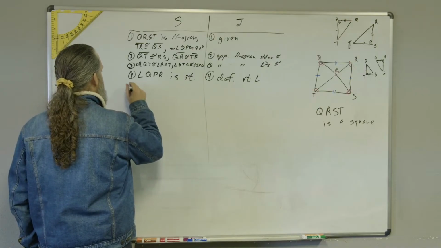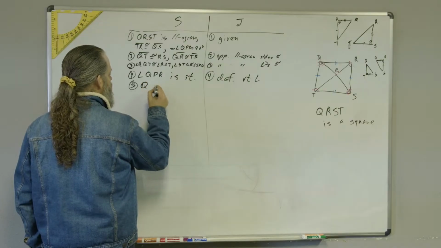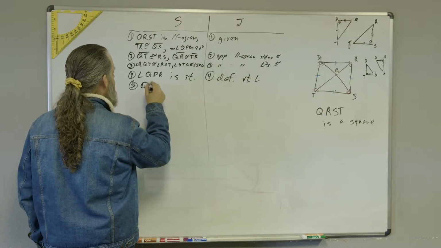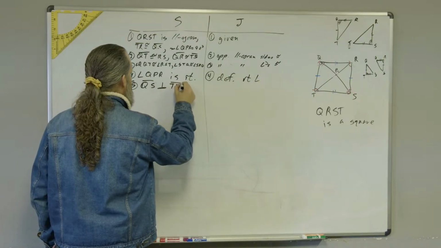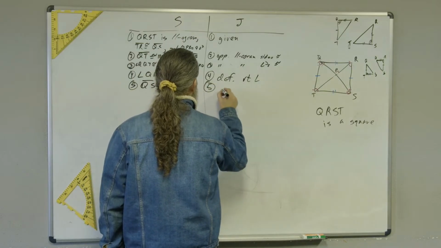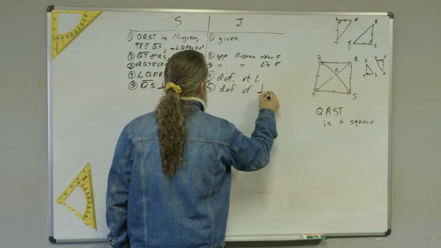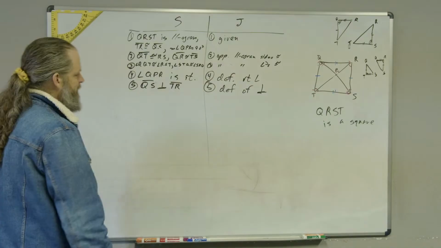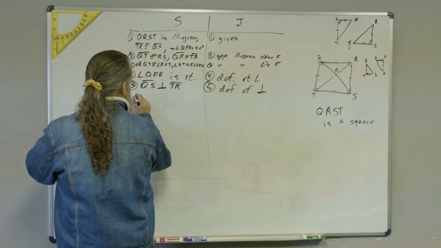So QR, no, not QR, QS is perpendicular to TR, because definition of perpendicular, easy peasy. And then since they're perpendicular, it's a rhombus, and it's got all the bells and whistles of a